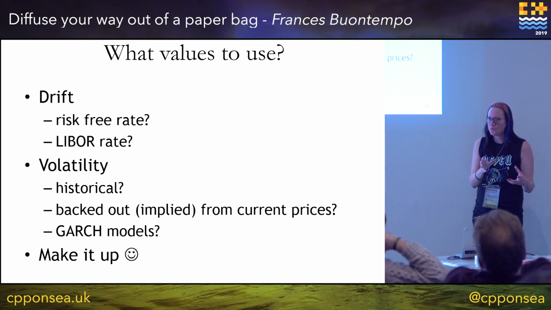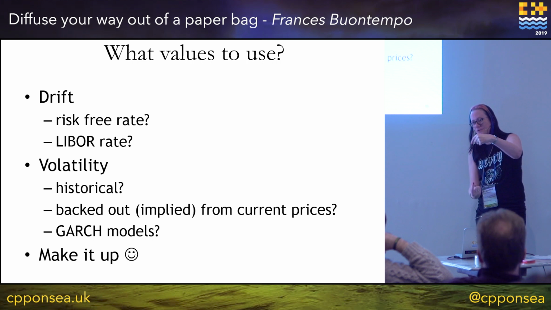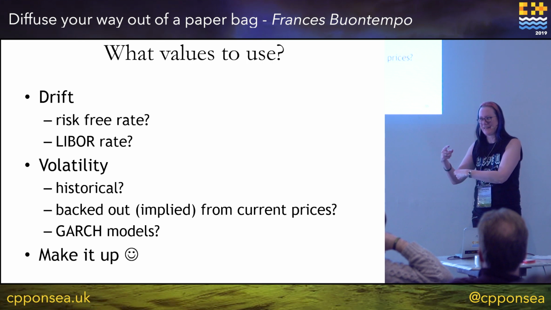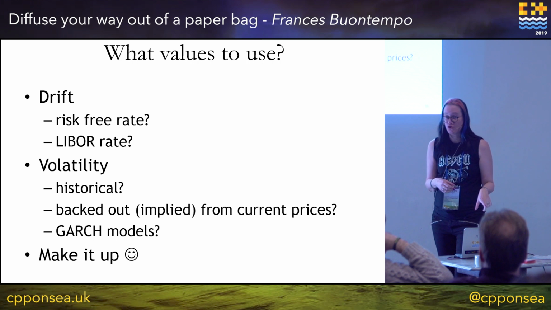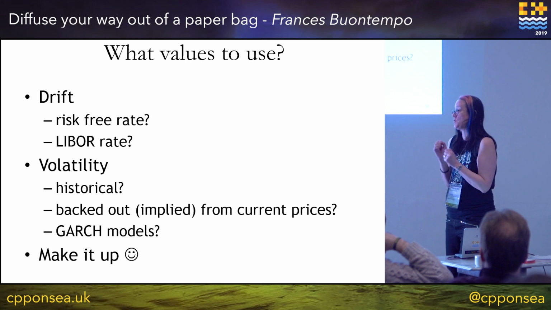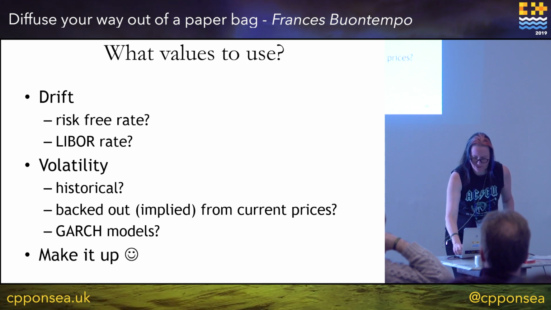We can look at the historical prices, assume your model's right, and put the numbers that actually happened back into your model to get the value back out. But that assumes your model's right, and because you have to keep redoing that, your model probably isn't right. Or you can use complicated other things, or you can just make it up. And because we want to code our way out of a paper bag, I'm just going to twiddle the parameters desperately till it works. It's going to be fine.